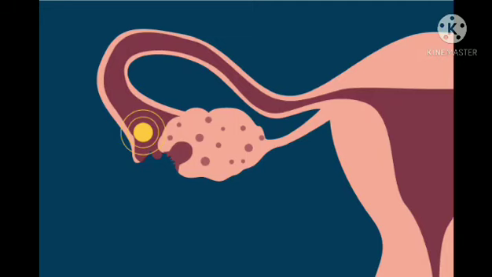So dear students, the next topic is ovulation. Ovulation is the process of release of ovum from the ovary. In humans, only one egg is released every month by either of the two ovaries alternately, and this ovum which is released from the ovary is then transferred to the fallopian tube. Now this picture indicates the process of ovulation. Here the ovum is released from the ovary and it is then picked up by the fallopian tube.